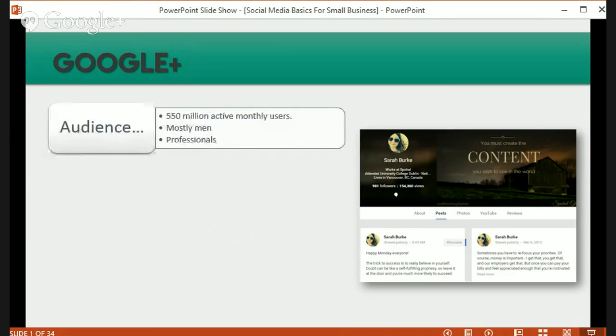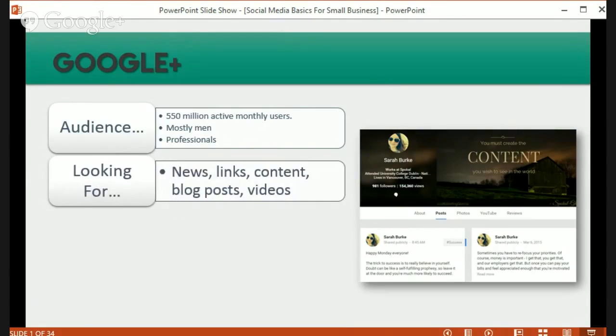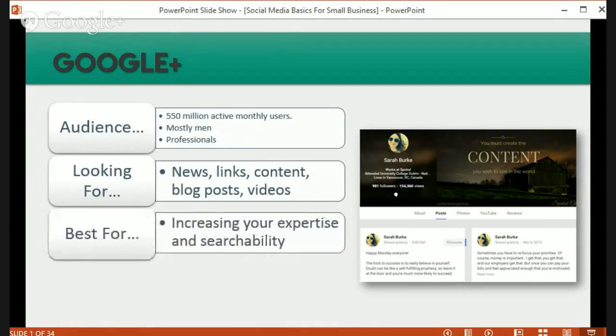Google Plus has an audience of 550 million active monthly users. They're mostly men and they're mostly professionals. They go on Google Plus to look for news, links, content, blog posts, videos, and it's best for increasing your expertise and searchability. Google Plus has these amazing Google Plus communities that you can join where you will find a